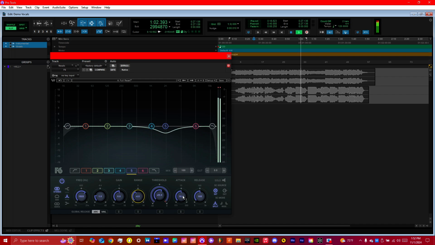And then we have the attack. You know how attack works. So if I were to bring this up, it would take a lot more time for it to decrease. You see it's slower. If I do it here, it takes less volume to reach the threshold. So for this case, we're just going to work pretty high and go down until